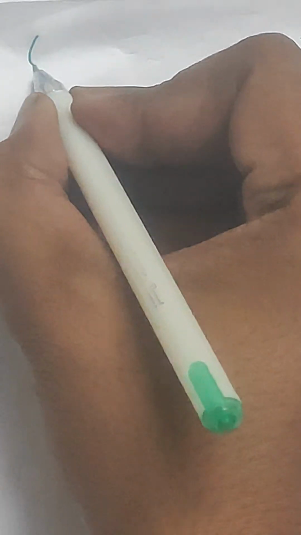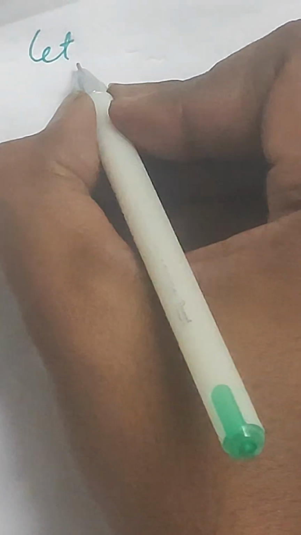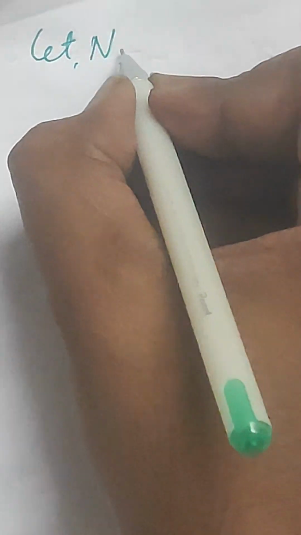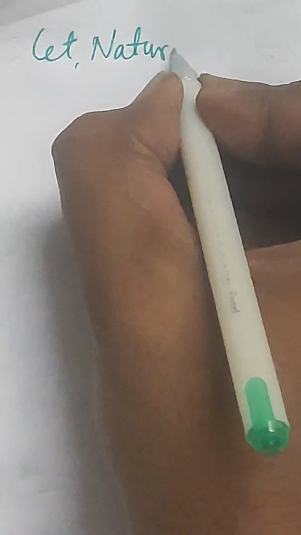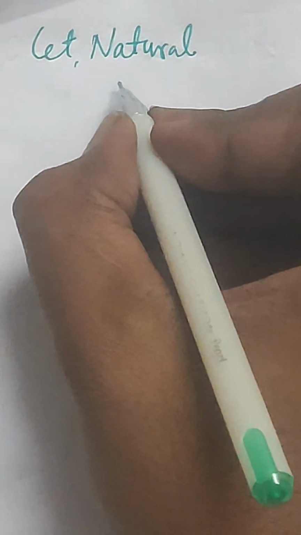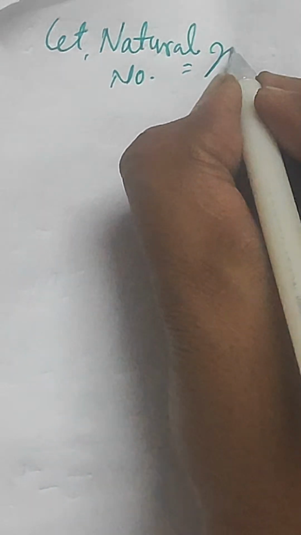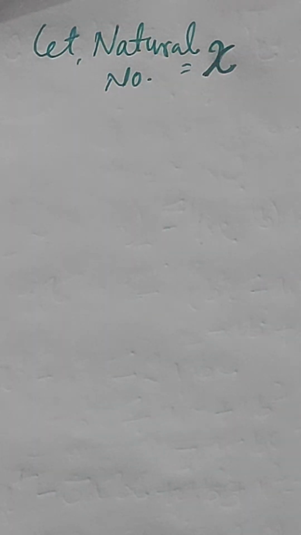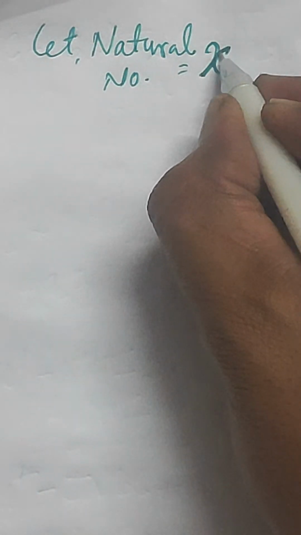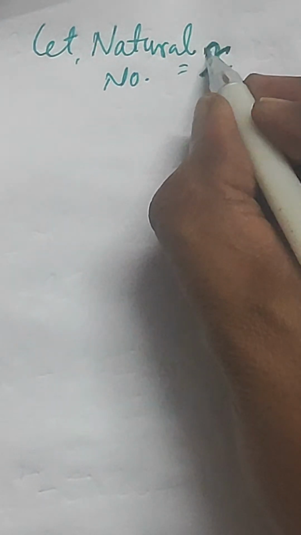The sum of a natural number and its positive square root is 132. So let the natural number, which starts from 1, be x. If the natural number is x, then as given in the question,